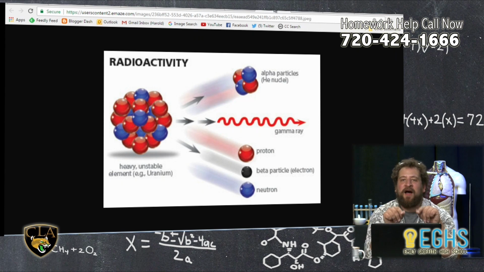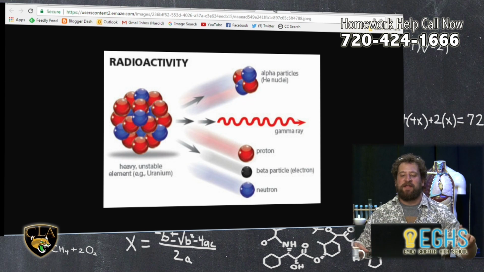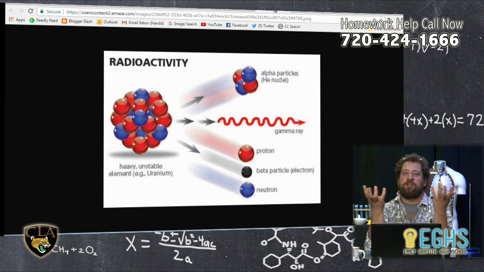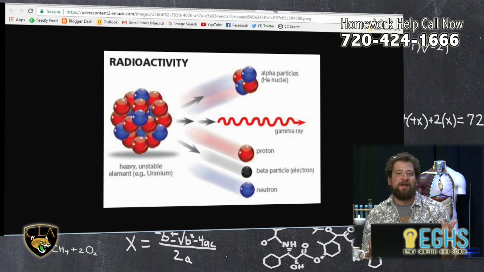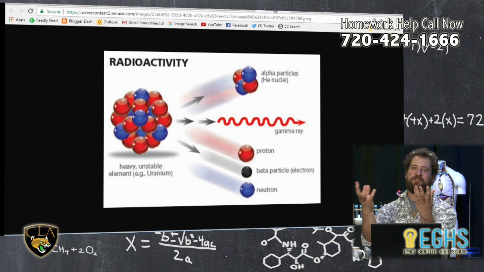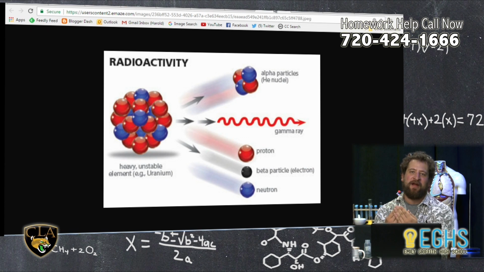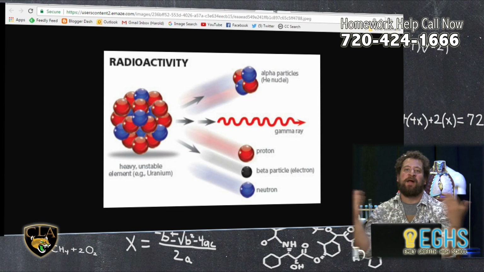Something that I think is not addressed enough in chemistry and physics classes is the idea that protons have a positive charge, but then we just gloss over the fact that you could have an area in an atom like a nucleus where 2 protons, 2 positively charged particles, sit right next to each other, even though we learned that 2 like charges should repel each other.